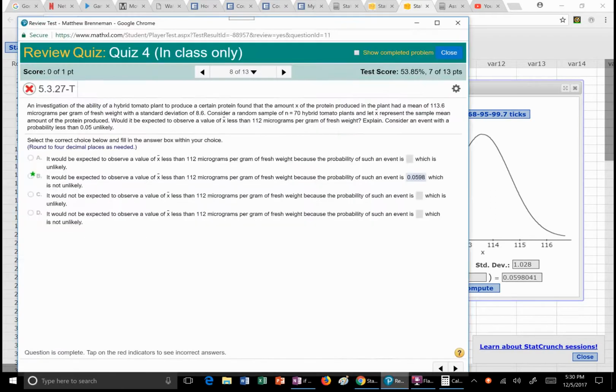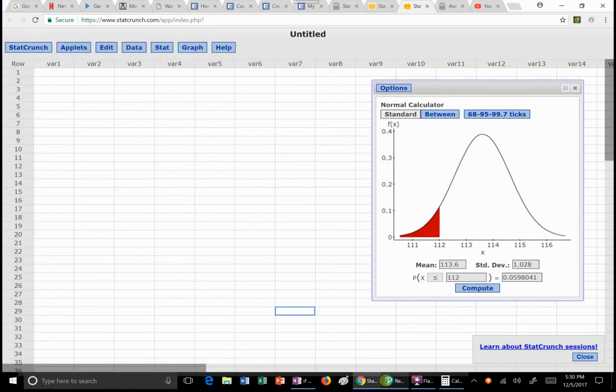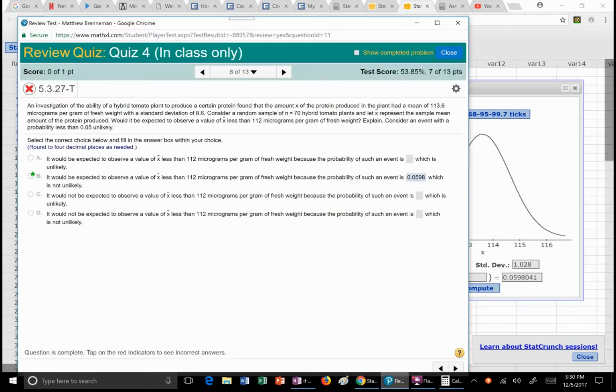Okay. So how are we going to make a decision? Well, usually we're going to look at the P value here, the probability in the tail. That is the likelihood. And we're going to make a decision, and here it's kind of low. So it would be expected to observe